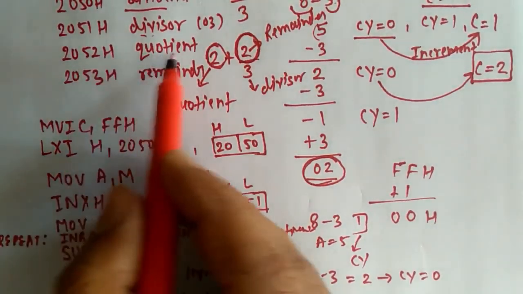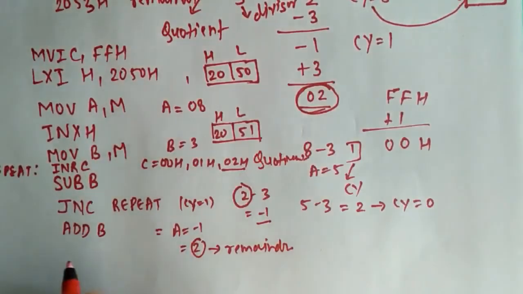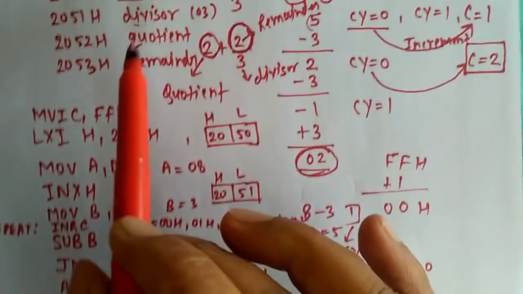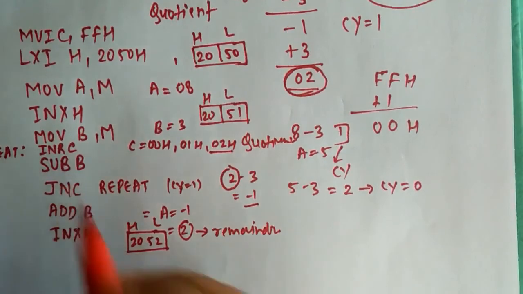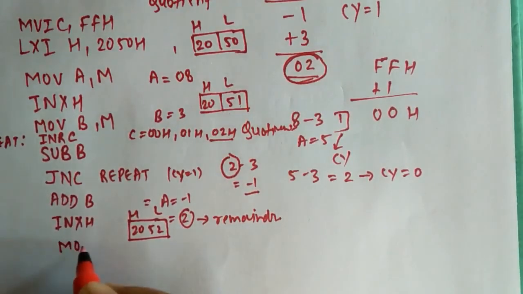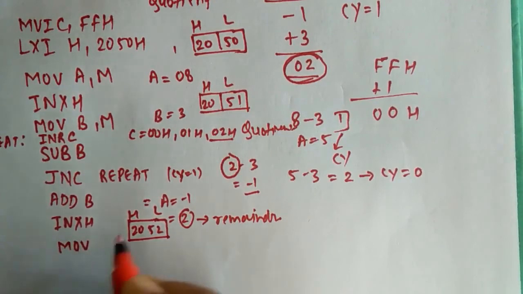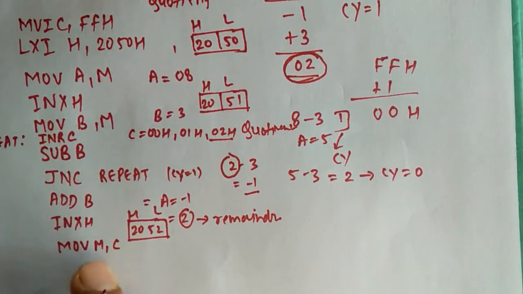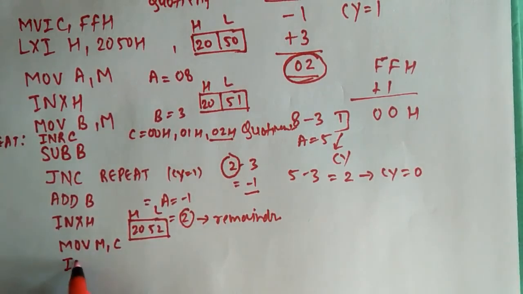So simply, as we had decided that 2052H will be having quotient, that means on increasing, on writing INX H, we will be getting the content of HL as 2052, and at this location we had to store quotient value. So our quotient value is in register C. So first of all we will move the content of C, sorry, we can write directly MOV M comma C. So the content of C is copied to the memory location,